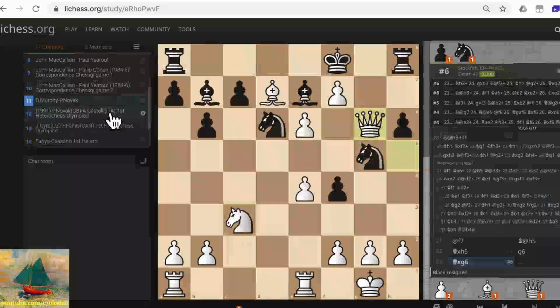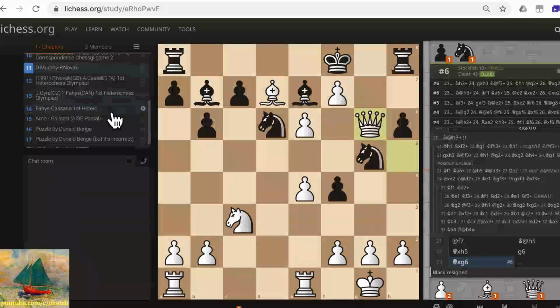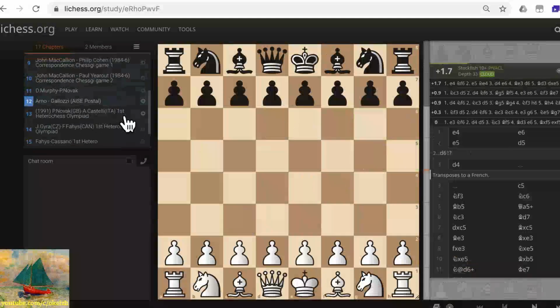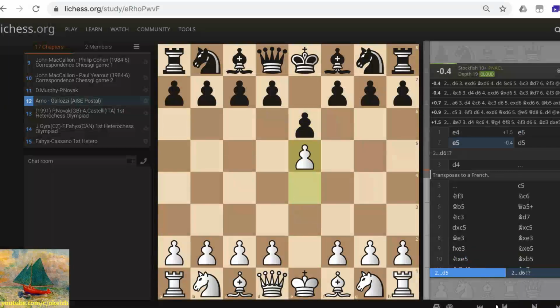But we saw the Murphy-Novak game, and just a few more games now from something called the Hetero Chess Olympiad. Well, I'll give you actually one more postal game first. This is between Arno and Golazzi. Okay, so this was played,